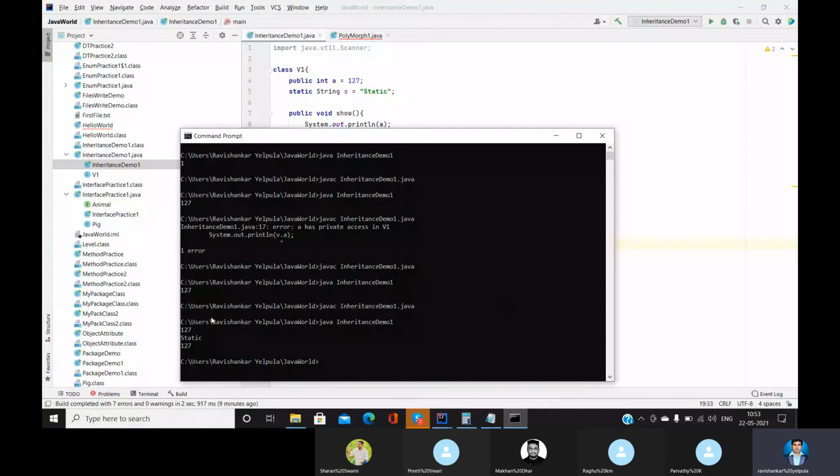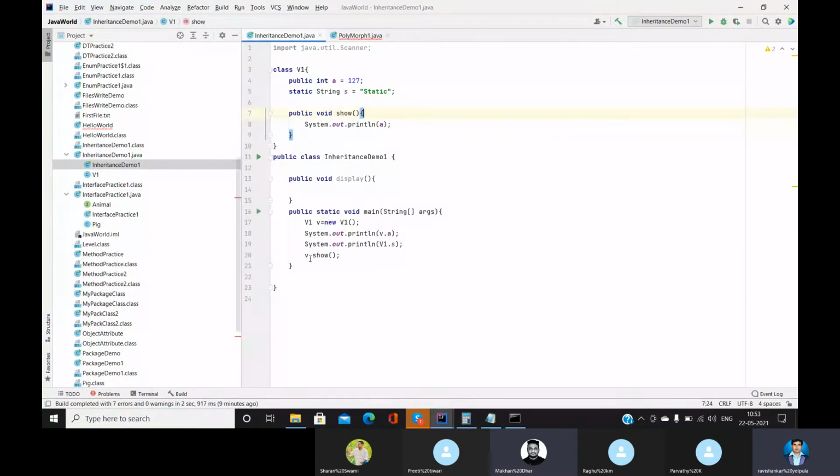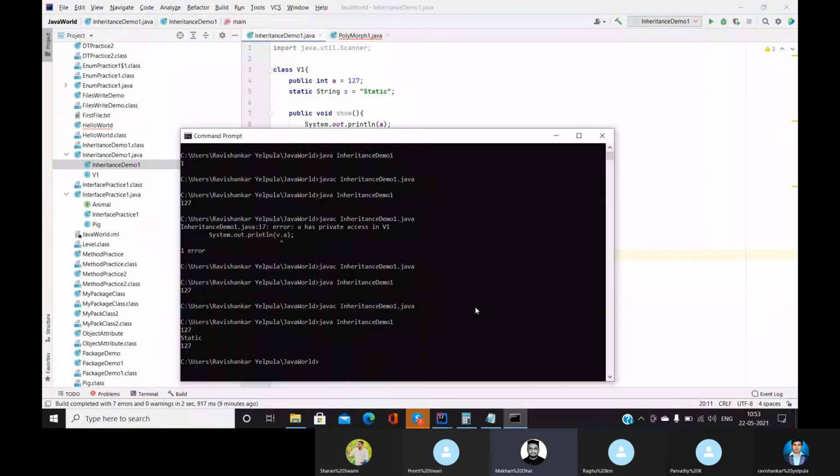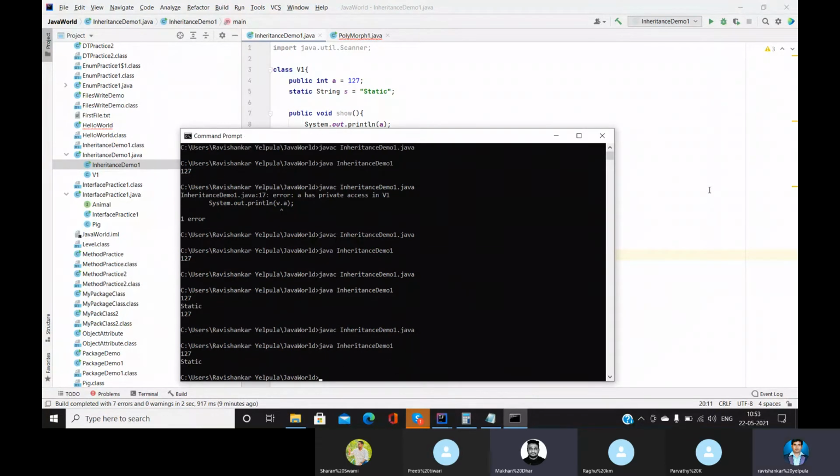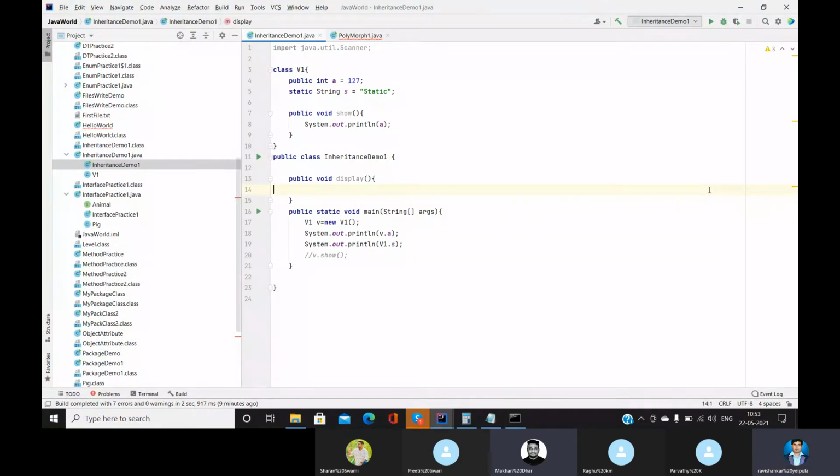Can you see that? So guys, static, that is the reason you will always see, when we look at the main method, we have a static keyword, so that we do not need to create any object for it. That is static.